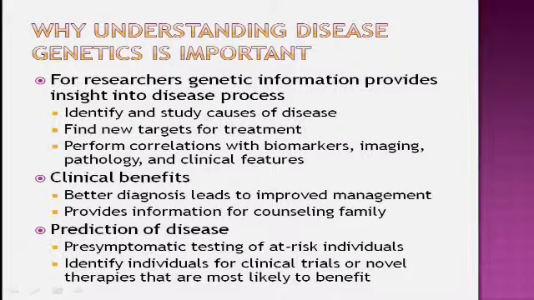And also, if you have information that can predict who will have disease, that allows for pre-symptomatic testing, and not only from the information being given to that individual, but also from the perspective of research and clinical trials. The whole goal of developing all these therapies is that you want to be able to do something, and the ideal time to do something is before somebody has symptoms. So being able to predict who is eligible for a particular clinical trial is important.